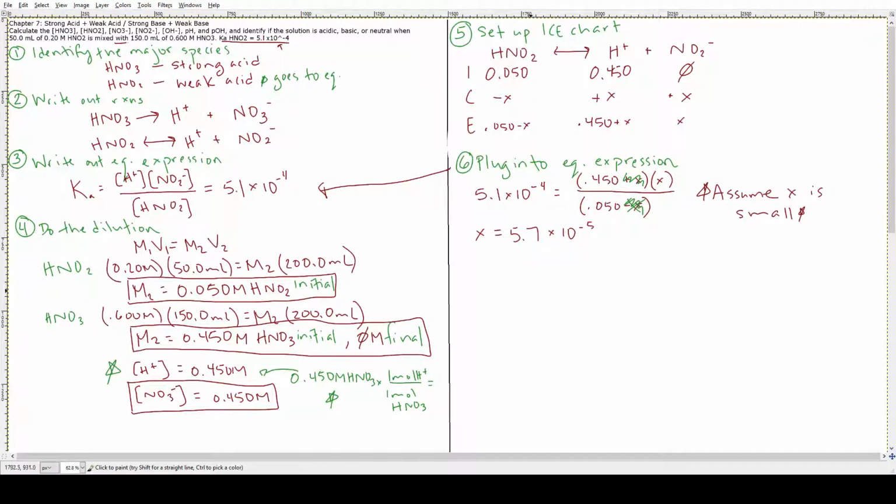You don't have to create an actual step for this. You could just say check 5% rule. So you need to show that 5.7 times 10 to the negative 5, x, divided by what you're comparing it to. So I'm going to pick the one that is more difficult to pass this test. So which one is more difficult to pass? Let's see, 5.7 times 10 to the negative 5. So the one that's more difficult to pass this test is going to be